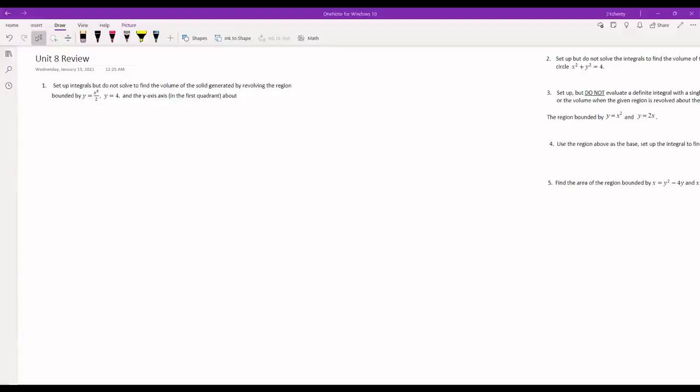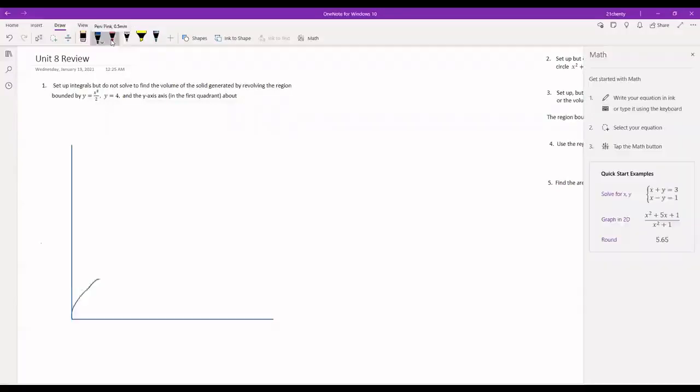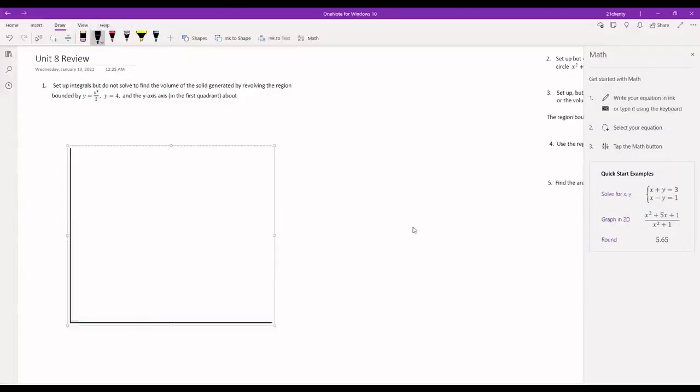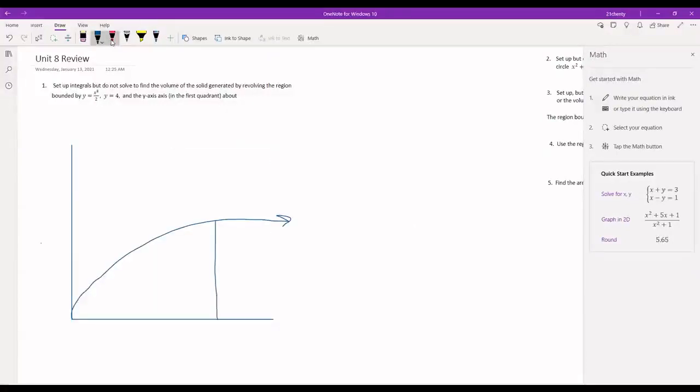But let's say, yeah, we'll do the absolute value of x. So let's see if I can put a graph in here. All right, so there's our graph. Y equals rad x. And we'll just say this is the end. So we're revolving this